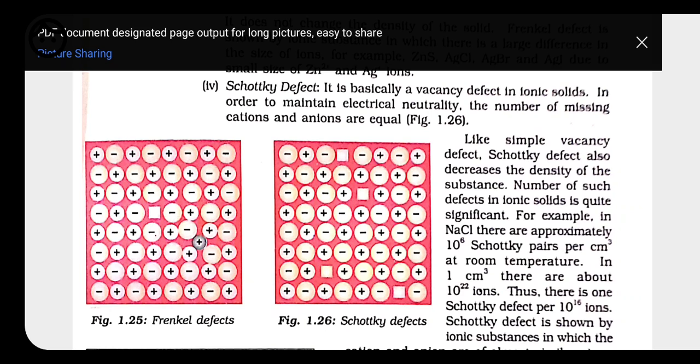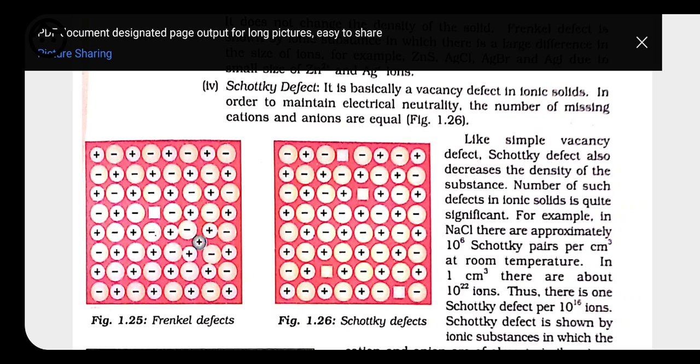So what do you mean by Schottky defect? Schottky defect is a defect in which positive and negative ions both leave their places and go out from the crystal. Like see, in the first row we have one vacant site, that is a positive ion is displaced or leaves its place and makes it vacant. In the third one, here we have a negative ion displaced, or it leaves its site and goes away. So in this type of Schottky defect, both positive and negative ions leave their places and make them vacant.